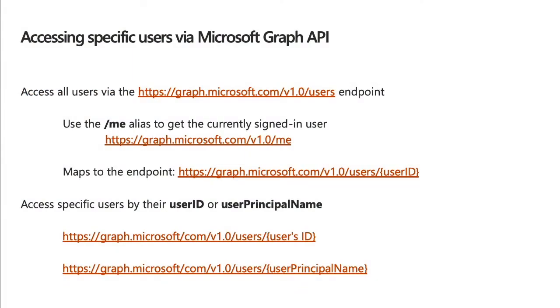There are two ways you can access users through the Microsoft Graph. You can access a signed-in user through the me alias at microsoftgraph.com/v1.0/users. For a specific user, you can